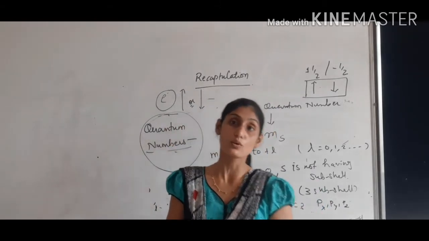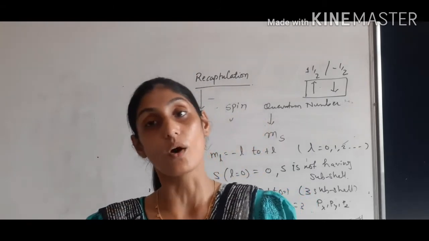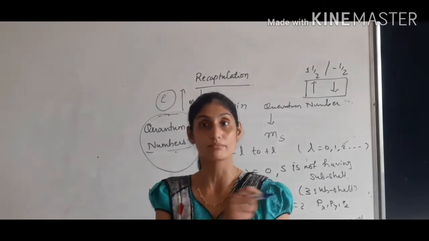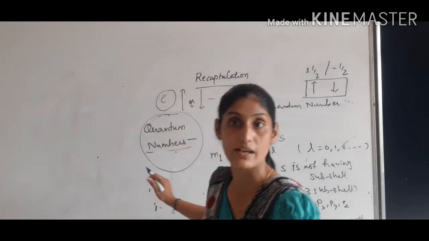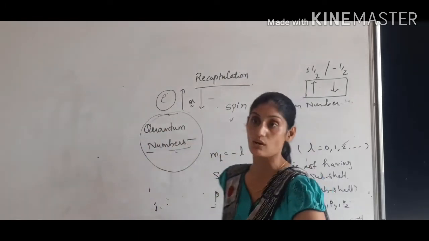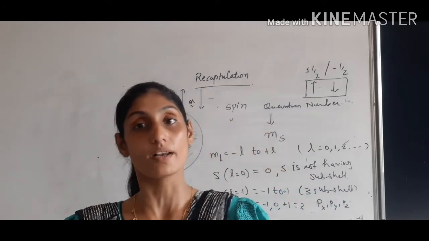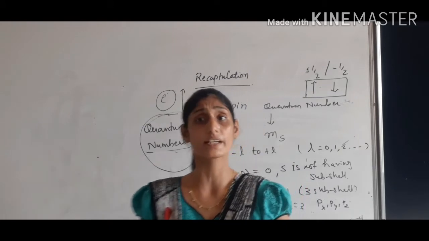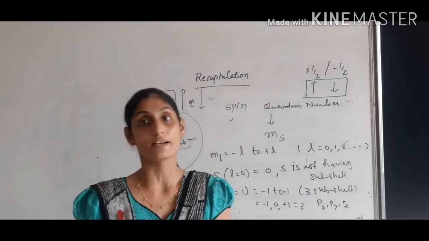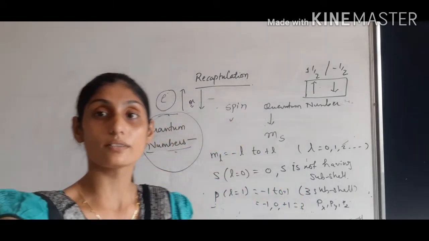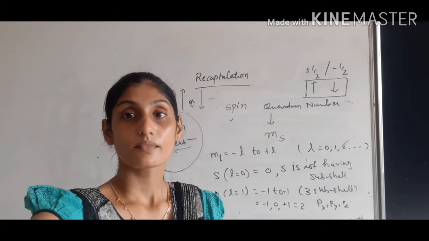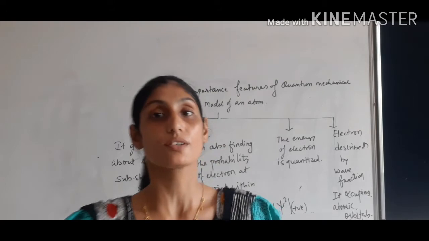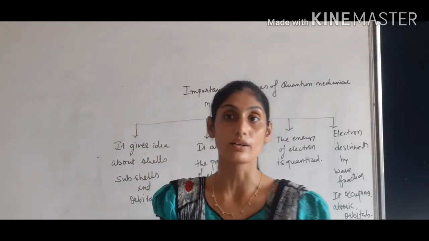So we will now look at the features of the quantum mechanical model of an atom. बुक में सबसे पहले फीचर्स दिए, बाद में ये समझाया मैंने, सबसे पहले ये समझाया है. Then we move to the features of the quantum mechanical model of an atom. So now let us learn about the features of the quantum mechanical model of an atom, children. From the particular quantum numbers, we can write the features of the quantum mechanical model of an atom.